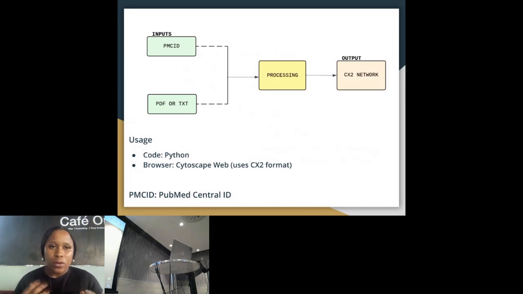The output that we get from this tool is in the CX2 format. CX2 format is a standardized JSON-based structure for Cytoscape, which captures nodes, edges, and visual styles that you can easily load or visualize the network in Cytoscape or NDEx. Essentially, once you get this output, Cytoscape can render it as a form of knowledge graph with all the